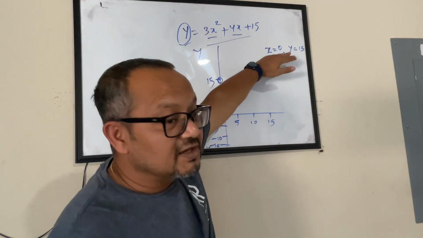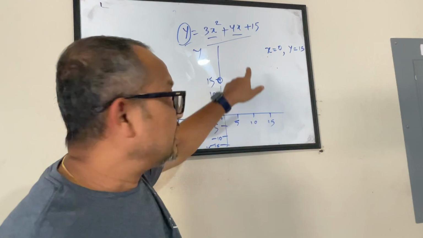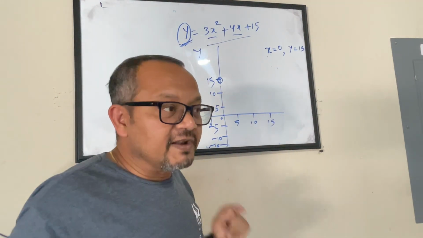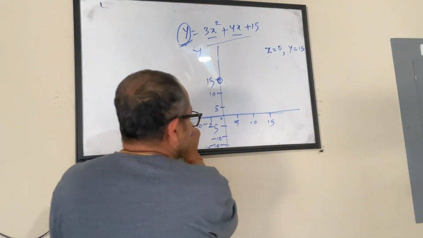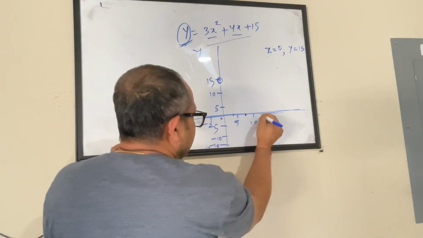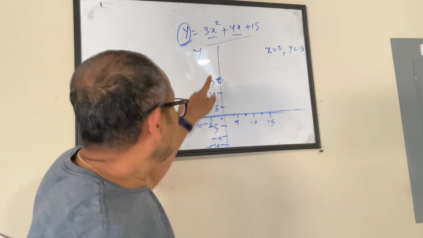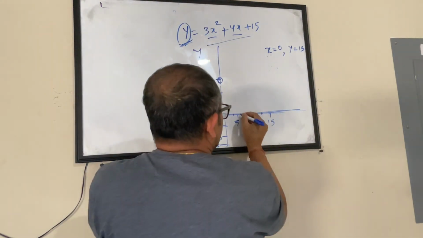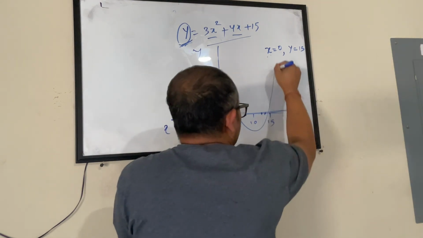That means this is the y-intercept, meaning where the parabola is touching the y-axis. Similarly, when you put y equals 0, where will the y be 0? On this entire x-axis. Anywhere you go on this x-axis, any place, the y coordinate will be 0. So by solving this for x, you will get 2 points, maximum 2 points, and when you join that,